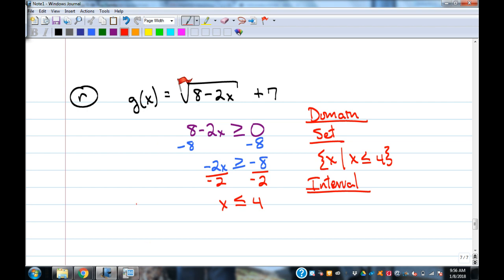What's their smallest number? Negative infinity is their smallest number. And it goes all the way up to